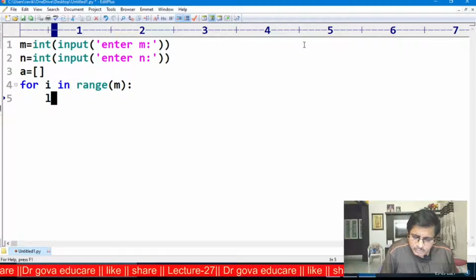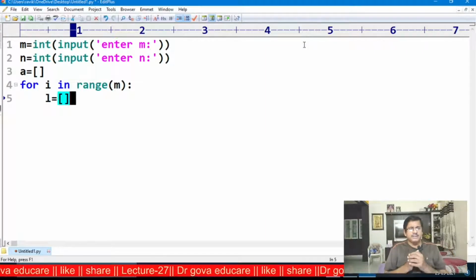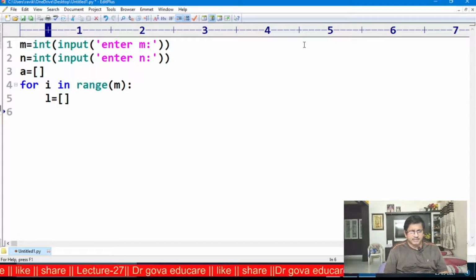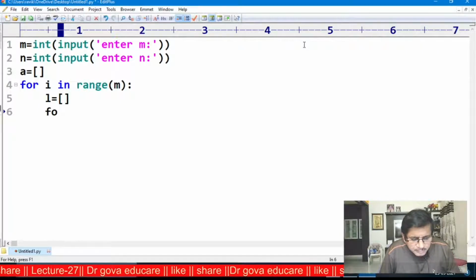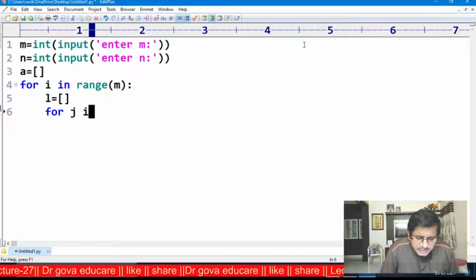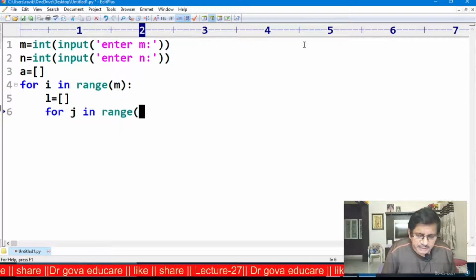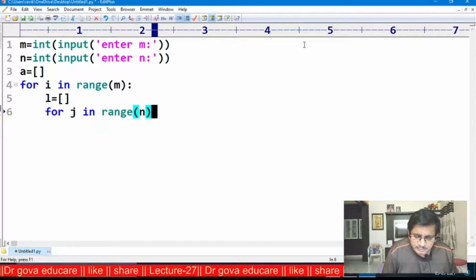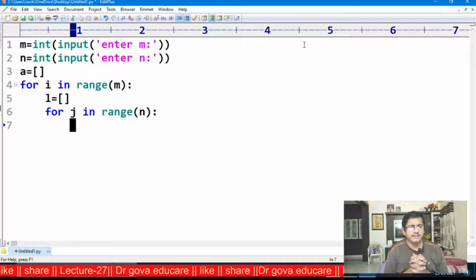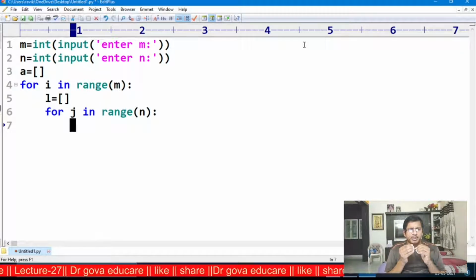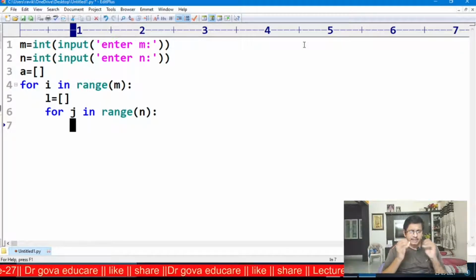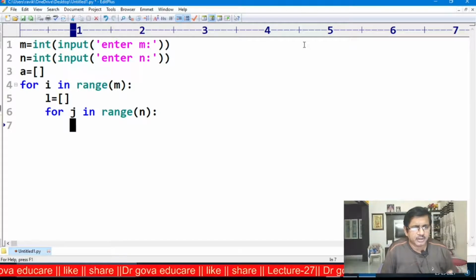L is equal to the inner list. Now for j in range n, I am appending the elements into L.